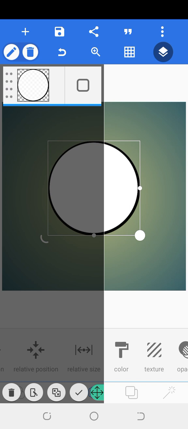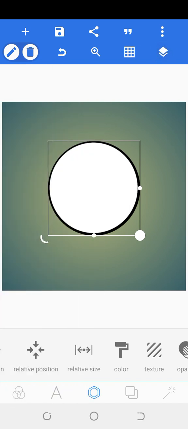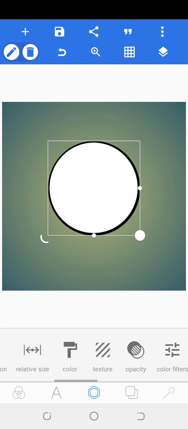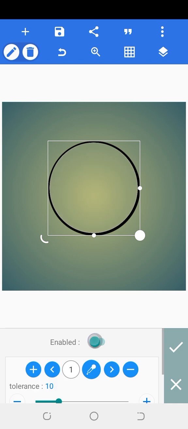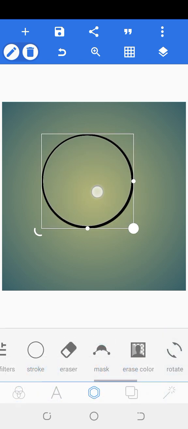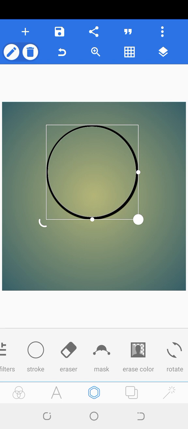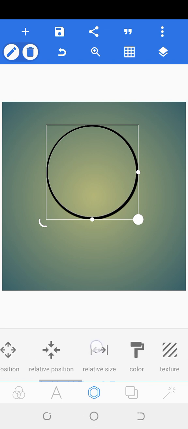Once I've merged, you will notice that they are now together. So I will go right here and click on erase color. Did you see what I was able to achieve, guys? I was able to get this empty round circle. Yeah, so the next thing I want to do is